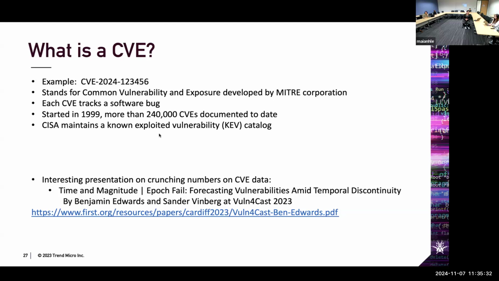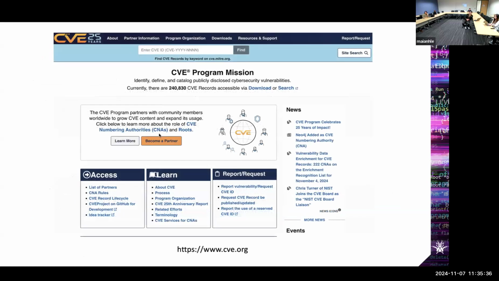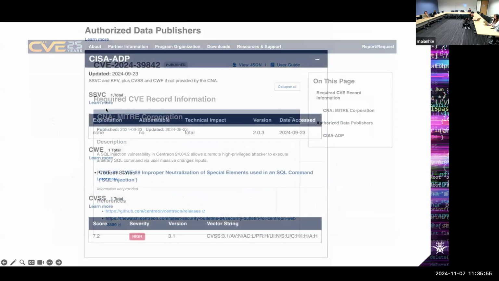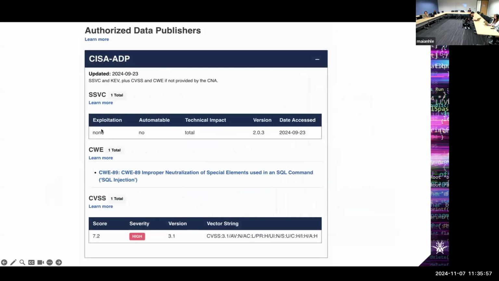And I think you all will find this very interesting. So again, here's the CVE website, and this is an entry of a CVE that we just released yesterday. Like we purchased this bug and we just released it yesterday. And you can see we've got a short description, we've got the resources, where is the vendor patch, where's the vendor advisory, and if we go further down, we can see what's the CVSS score here, and then we've also